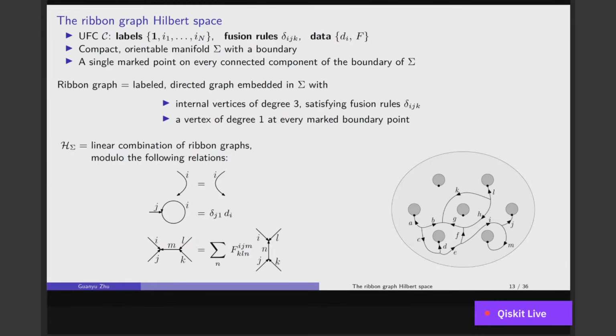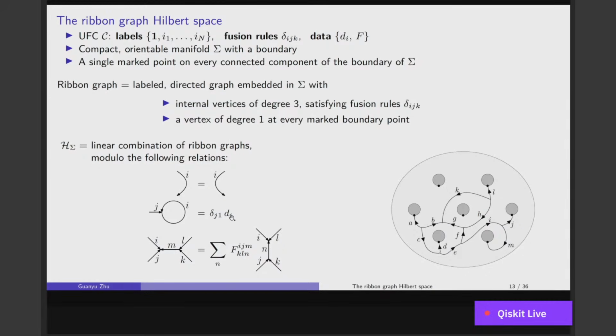So if you shrink the bubble here, so you zoom out, this bubble will just be shrinking to a single point, and you get a broken string, which is not allowed in the bulk, that violates the fusion. So this J always has to have the vacuum label, and then a single bubble, a single loop is allowed. It turns out this ribbon graph is equivalent to basically nothing there, so you can shrink it into nothing, but you get a prefactor, which is this D, and that's called the quantum dimension